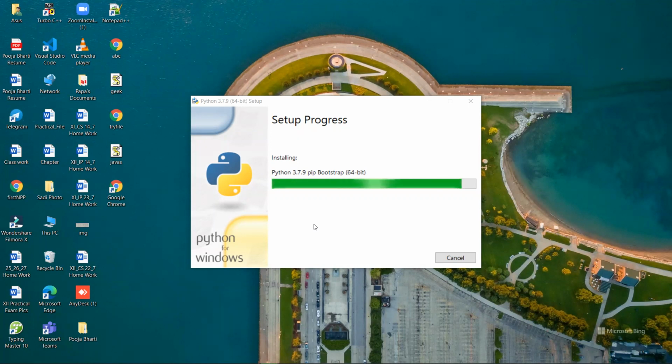So that's why it is taking a little bit of time. But you can see here in the bar, only a few parts are left. Now it will soon complete.